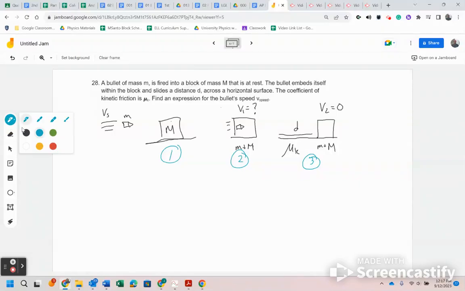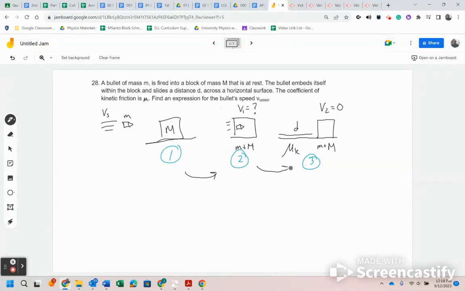Like most multi-part problems we've just been looking at, we need to divide this up into certain parts. So we know the bullet's moving at speed vs before the collision. After the collision, we don't know their combined speed, and then we know they slide to rest underneath friction in the final spot. So we can look at this in terms of 1 to 2, we have a collision, and